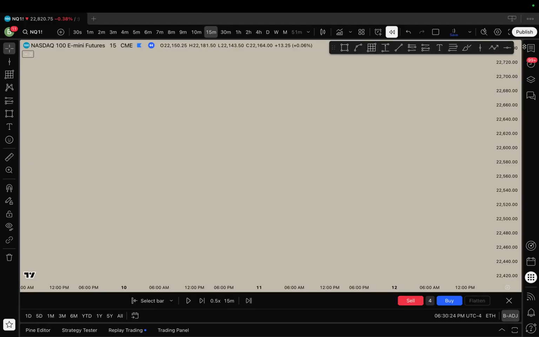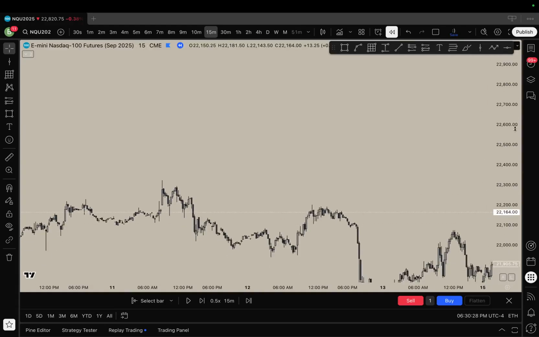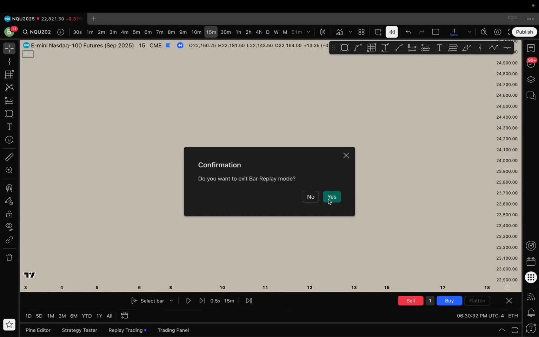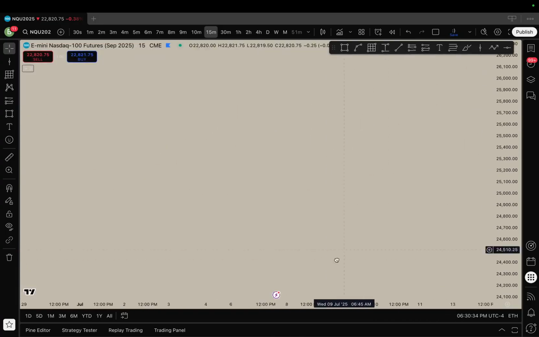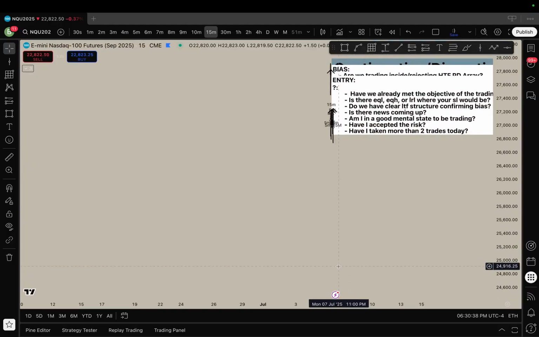All right, so that's pretty much going to wrap it up, guys, for this lesson. Hopefully, you guys learned something about these continuation models and just overall trading more discretionary, and understanding conditions and understanding where high resistance liquidity is and where low resistance liquidity is. But yeah, that being said,